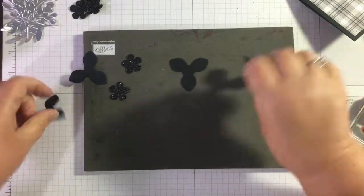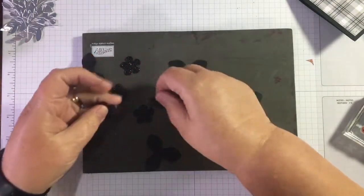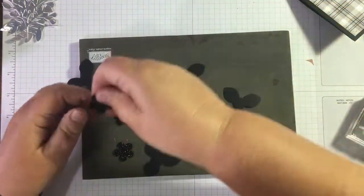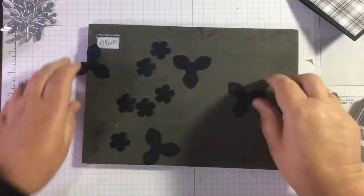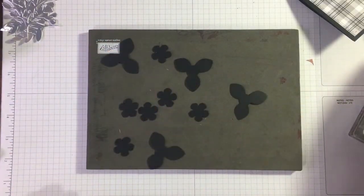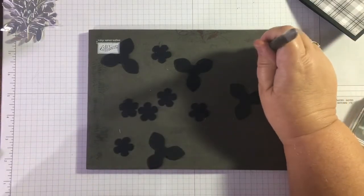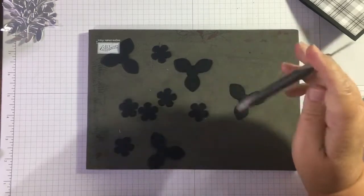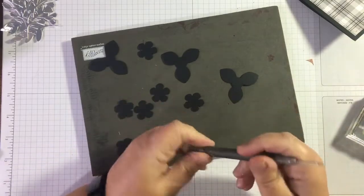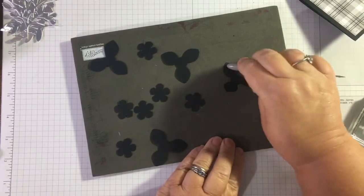So I'll probably need about, I'll put these ones out there. Half a dozen of these will be more than enough. So what I do is I put everything on its side. And I take this, the pricking tool that used to go with these mats. We don't stock this anymore, but any other kind of tool, a pen, the bottom of a pen that's smooth, there's loads of things. And I just take this and I just